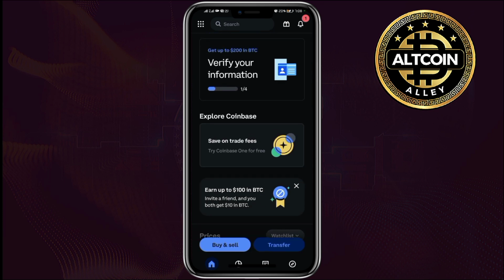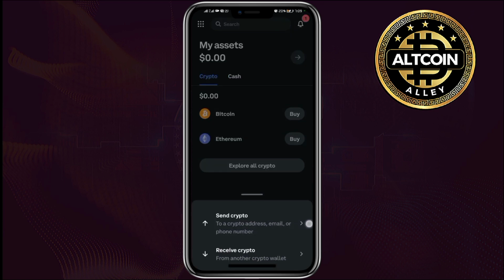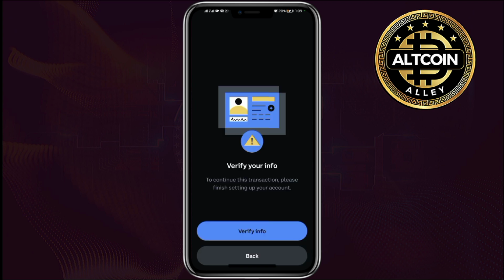So once you're logged in, what you'll do is quite simple. You want to click on transfer, or you tap on transfer. Then as you can see over here, you have this option which says send crypto to another address. So you tap on that option. Once you tap on that option, you'll see that there'll be some crypto coins that will load